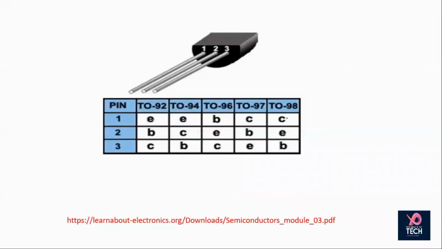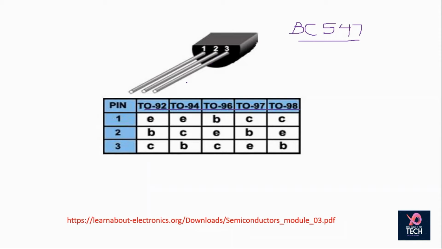Suppose this is your transistor and you are asked to find out where the collector, base and emitter are. The first thing you have to do is find out its number. Suppose its number is BC547. Then you enter this into Google and find the data sheet for this BC547, and it is given here. You can see pin numbers 1, 2, 3 can be collector, base, emitter or base, collector, emitter, depending upon the number to which your transistor belongs. So this is just a basic thing, how your transistor looks and how you can find out which one is collector, base and emitter.